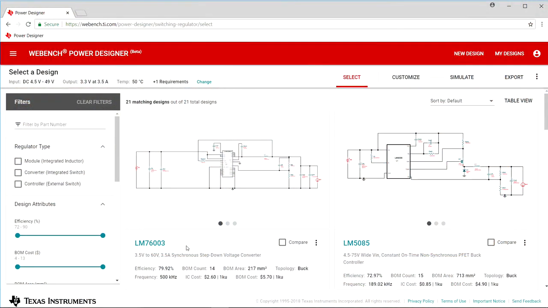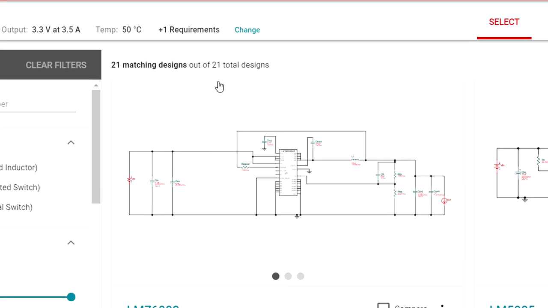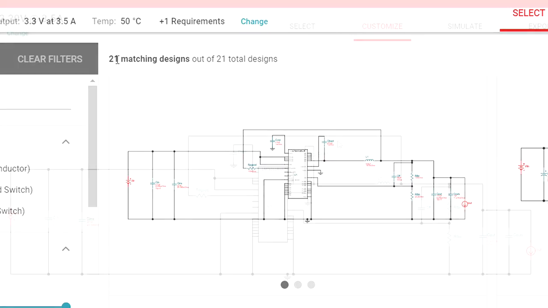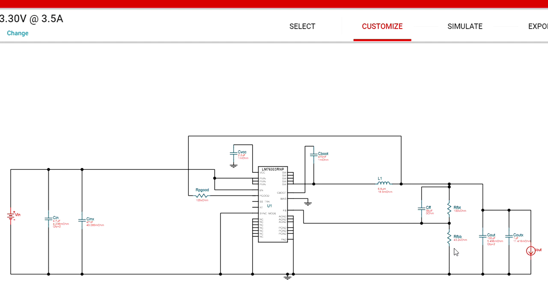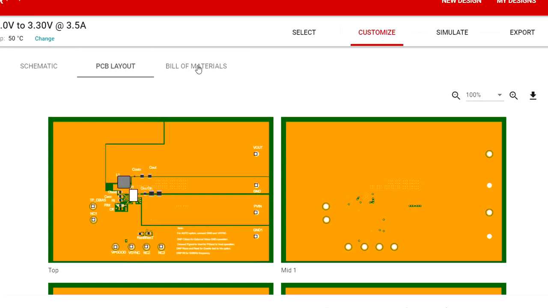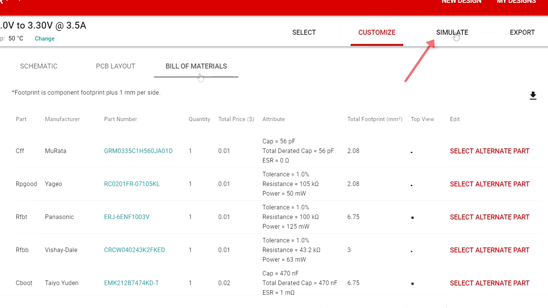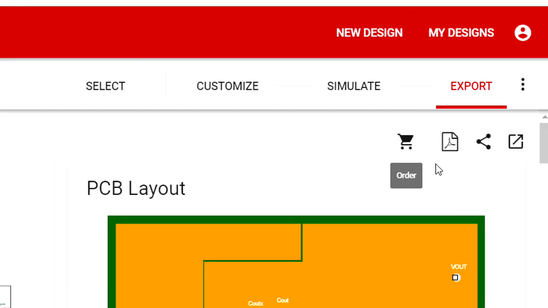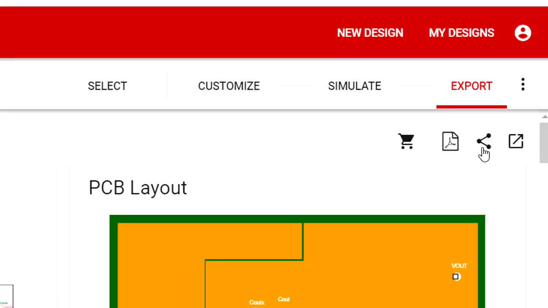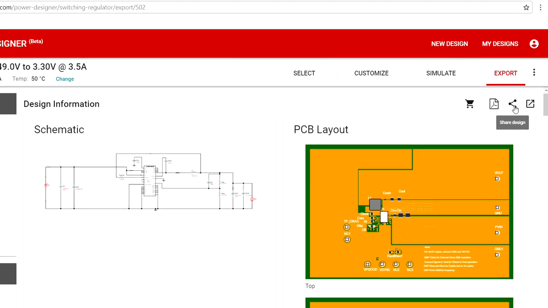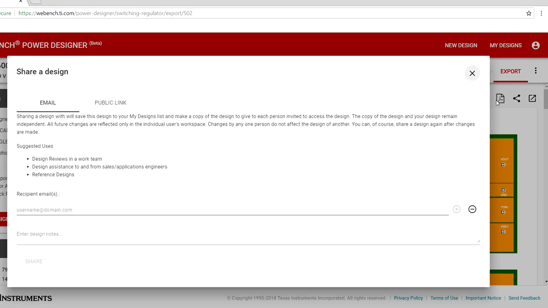WebBench has a brand new user interface for finding the best parts, which I find valuable in itself, but it also creates a reliable schematic and a bill of material, or BOM. It has simulation capability and also provides multiple ways to collaborate and share your design with others. Now, WebBench is applicable to all levels, from novices to those very experienced designers. It provides simplicity, yet many advanced features, many of which are now found in pull-down menus,